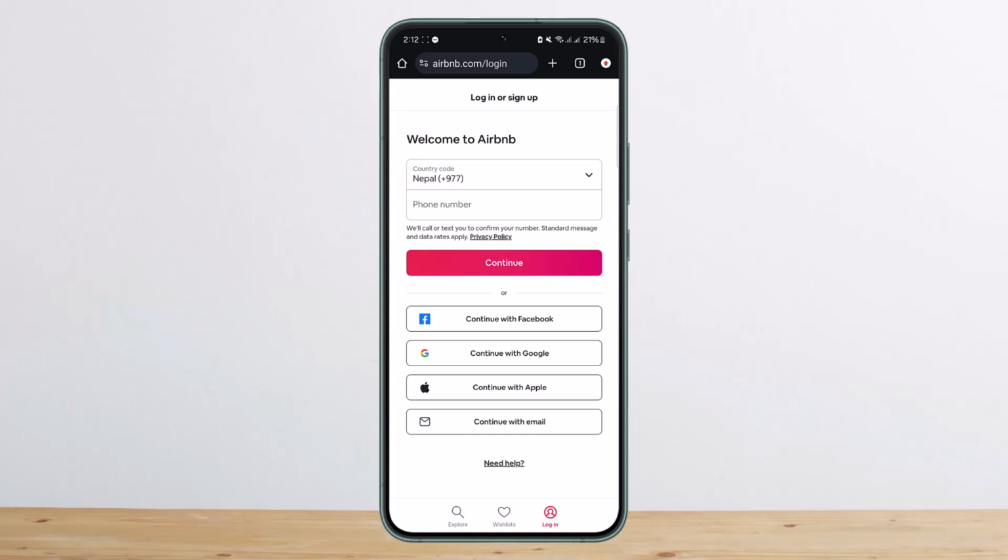If not, if you want to sign up, then you can simply enter your phone number if you want to sign up with a phone number, or if you want to continue with Facebook, Google, Apple or email, simply select that particular option. Then it'll ask you if you want to sign up using this particular account, and then you want to tap on allow and you'll be good to go. You'll have to go through the quick verification process as well, like a confirmation code if you select your phone number or Google or email. So this is the way that you can simply